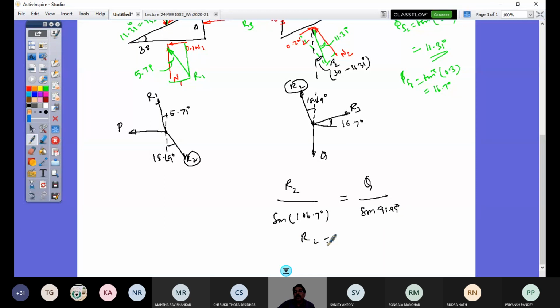So R2 equals Q sine 106.7 degrees divided by sine 91.99 degrees. Solving this,